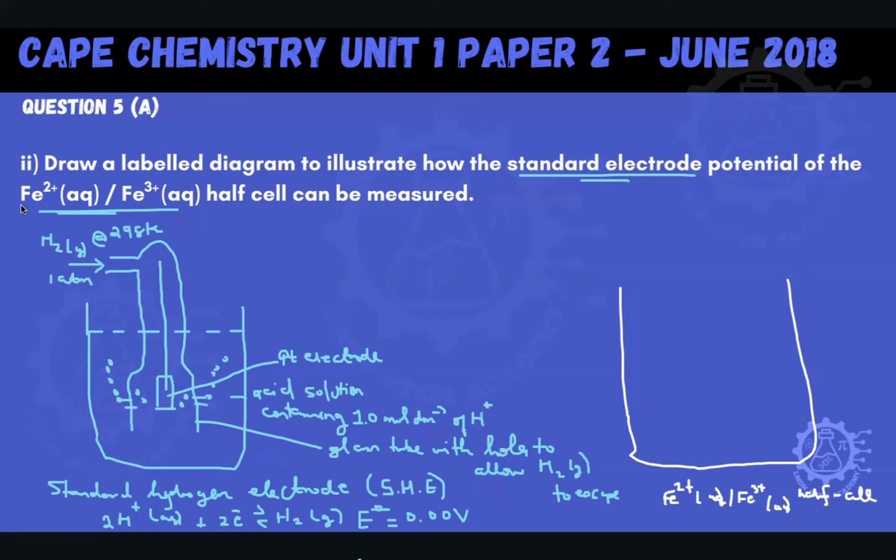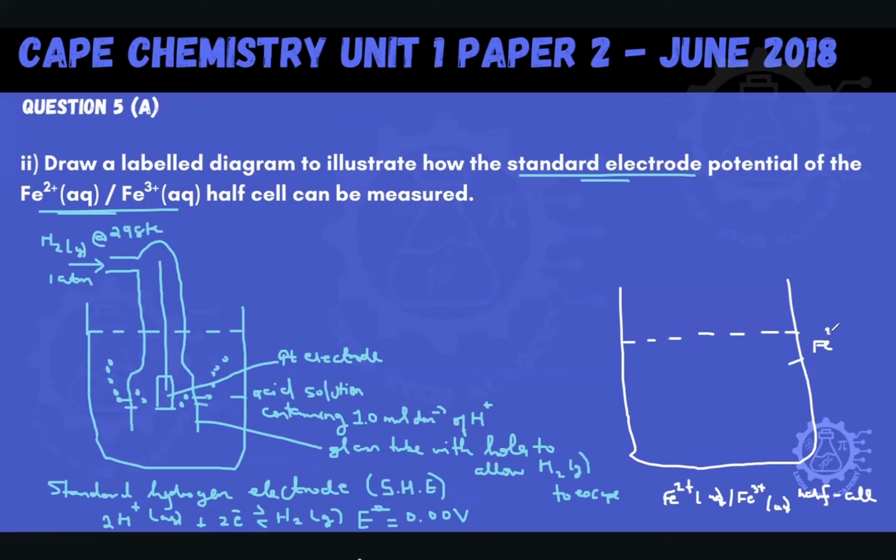All right? So what you will notice about this one that's unique and different from the one that we did in our previous video is that in this particular half cell, there is no metal portion of it. There's no solid portion of it. It's all just in aqueous form. And so when we draw that, in the solution, we're going to have our solution, of course, and that solution is going to have to be made up of,